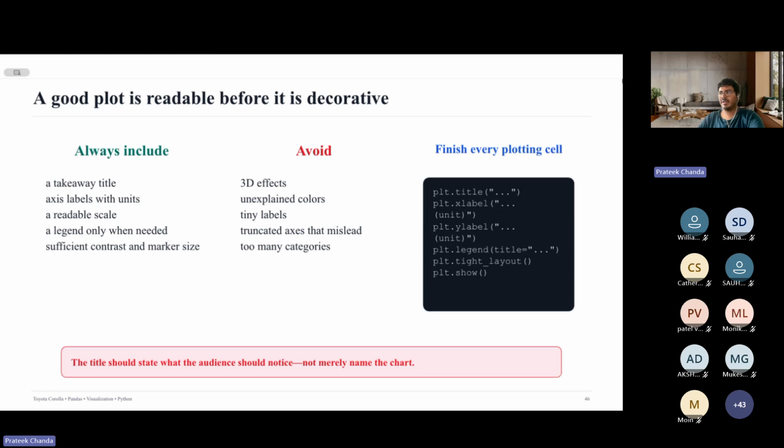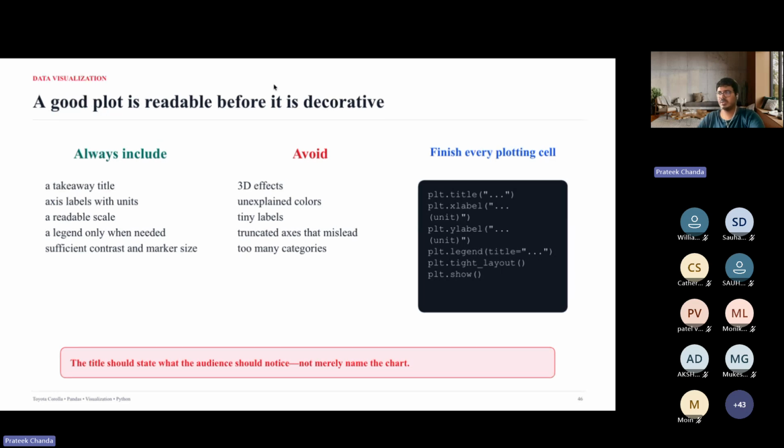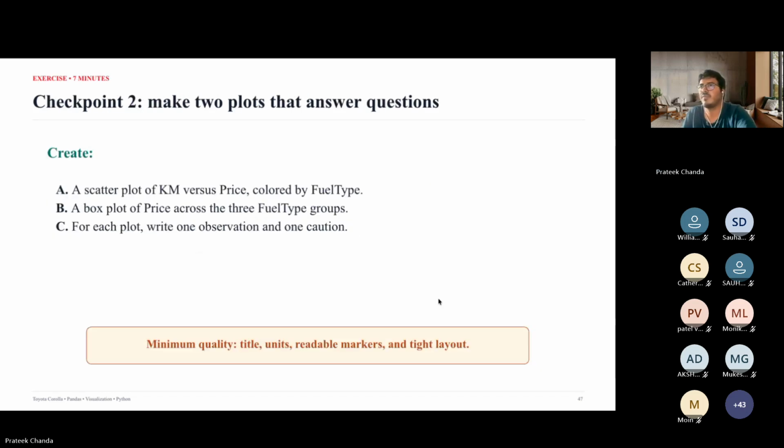At the end of each plotting code, you should always add the plot title, plot x label, plot y label, plot legend, plot tight layout, and plt.show. plt.show is essential because it renders the output on your screen. So these are the kind of things that you should keep in mind.